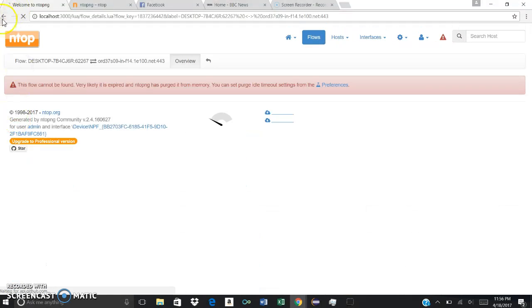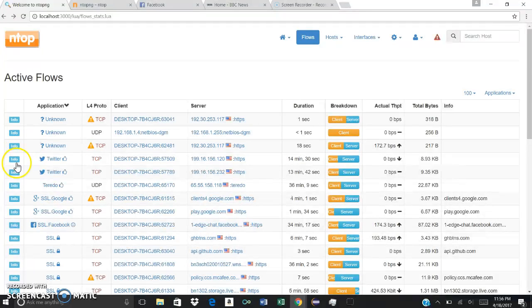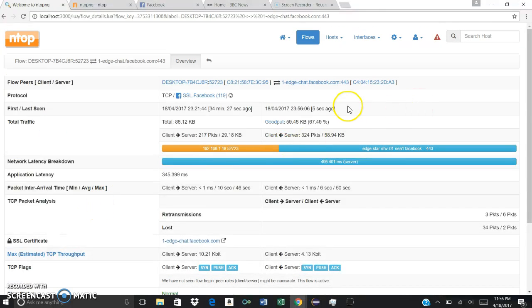Oh, not that one. Twitter. We'll go to Facebook. This should work. Shows the MAC address for the client and server, the protocol that was used, this is the time since the first packet was seen, and since the last one was sent,